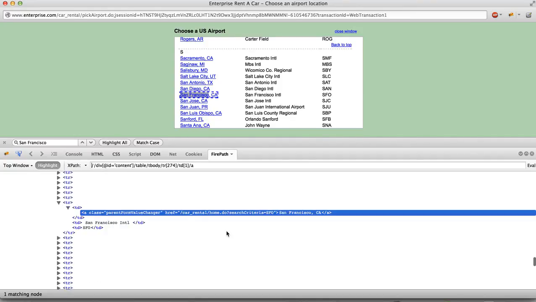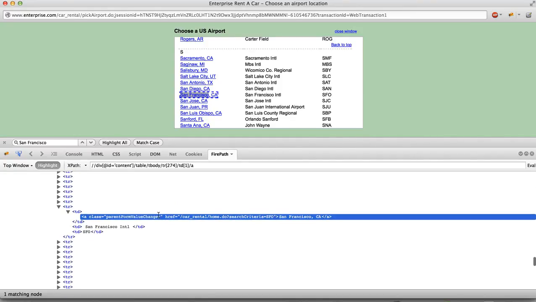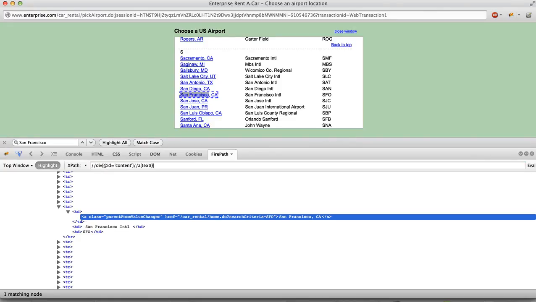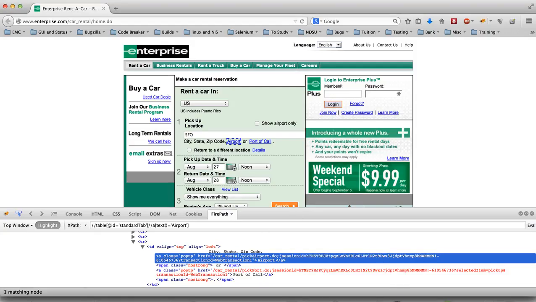And now what that thing is, this again, this link has a text San Francisco CA. This should work. If we just get this, what exactly we want to do,